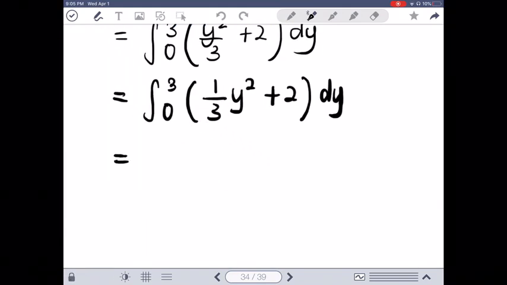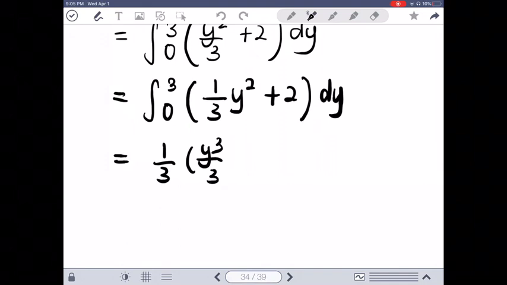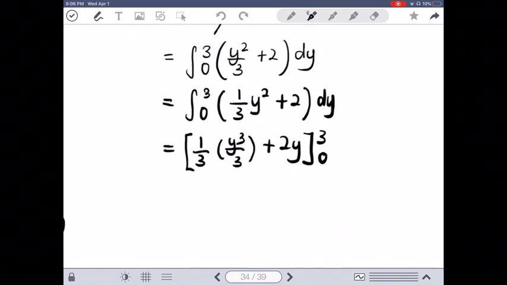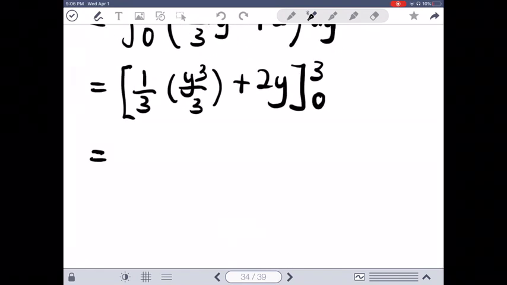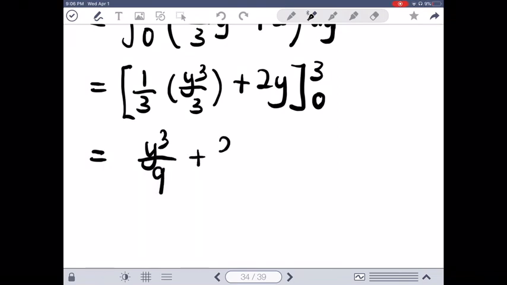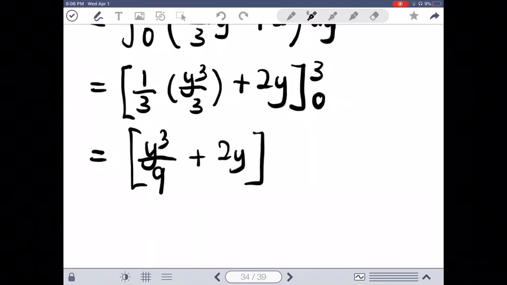So now we integrate, becomes 1 over 3 times y to the power of 3 over 3 plus 2y,